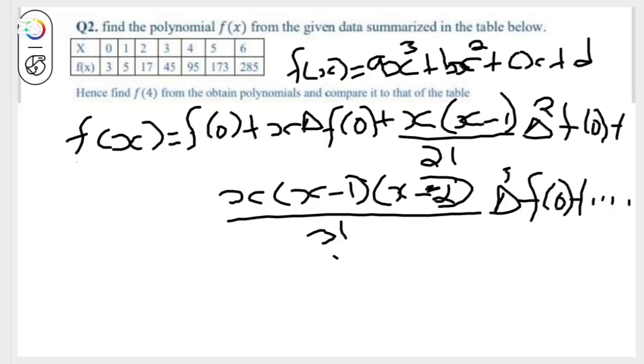So from our table, if you could record from the table, f of 0,